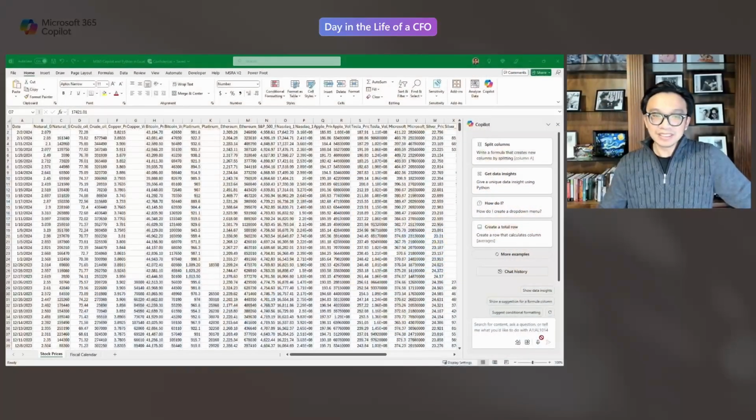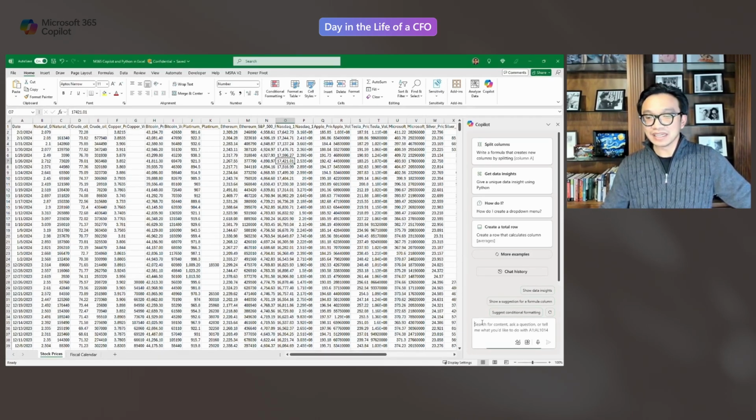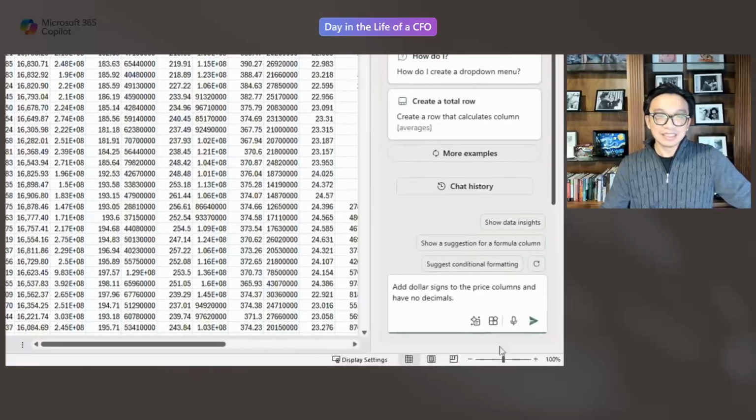Would you like me to share a couple examples in terms of what features can resonate for anyone? Yeah, let's dig right into that. All right. So in this example, I like to show how Copilot can help with formatting. And so in this table, I have a list of stock prices for a bunch of different assets. And all I'm asking is for Copilot to add dollar signs to all of the price columns and show no